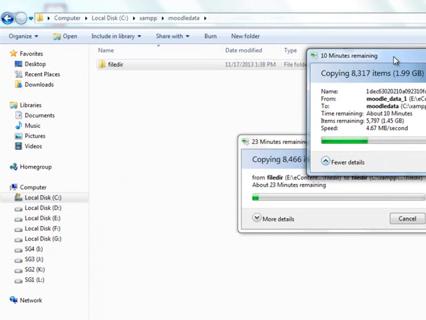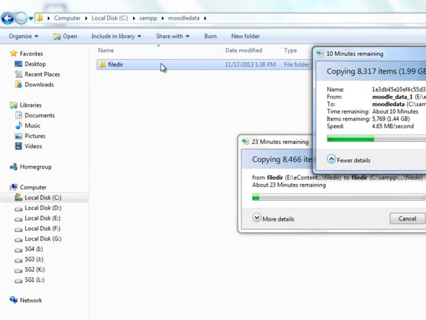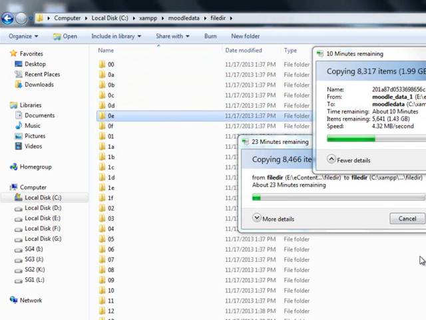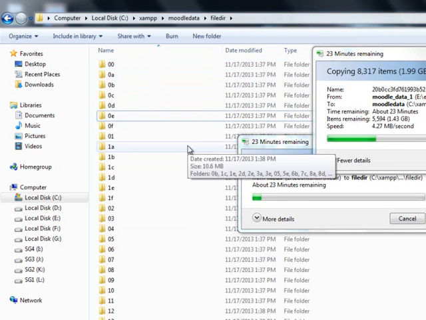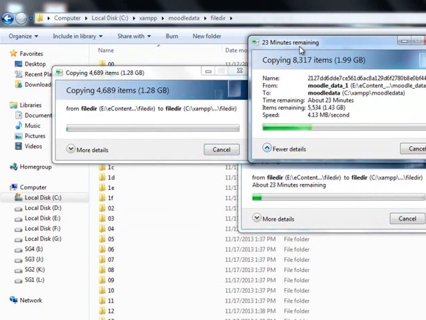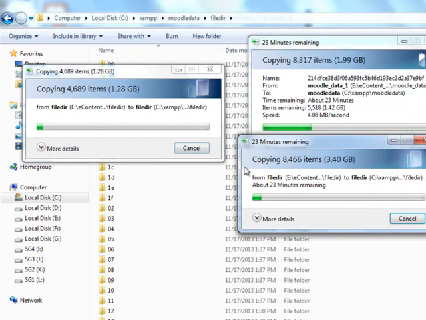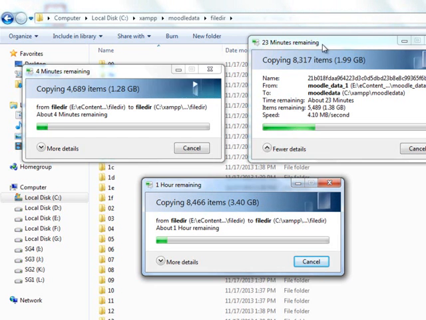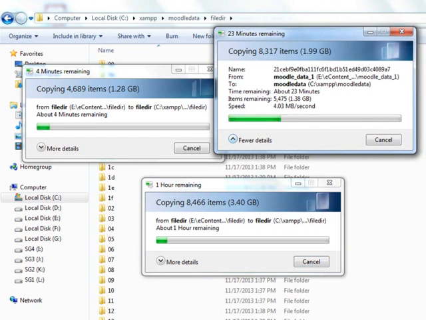Moodle data directory, under the Moodle data directory that we have created in the XAMPP folder, and here we have the filedir directory, and paste the copied data to the directory. Okay, it will take a little long because the whole size is, I think, exceeding 10 GBs, 9 to 10 GBs, so it will take a bit to copy all the data. Okay,